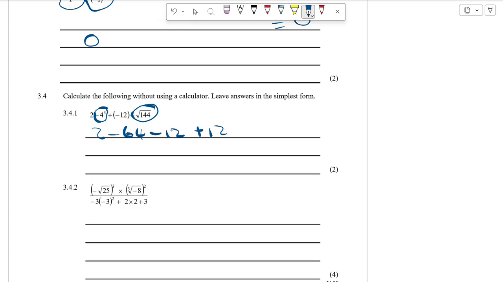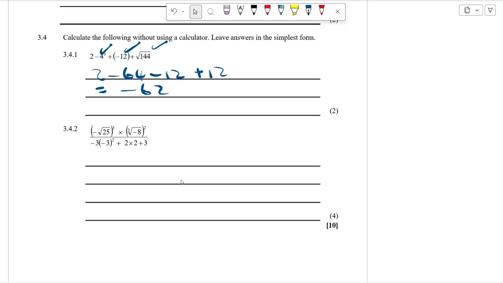So we can use the calculator here. What are you going to get? -62. When they say without use of calculator, you press it partially. You don't press everything. You start by pressing this part, and this part, and then you add up everything. Okay? Even here, they say without use of calculator,